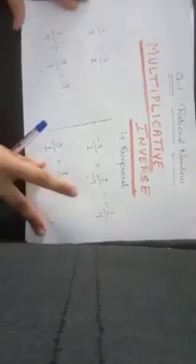Let's proceed to the book question. This is question 4 of exercise 1.1. Please pause this video and copy this question. And in continuation, this is part 4th, 5th and 6th of the question. First you copy this question, then I'll tell you the answers. Hope you have copied the question.